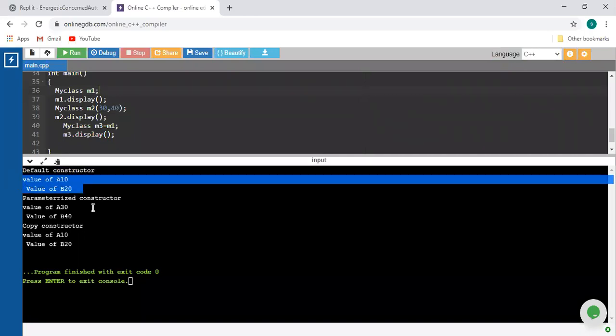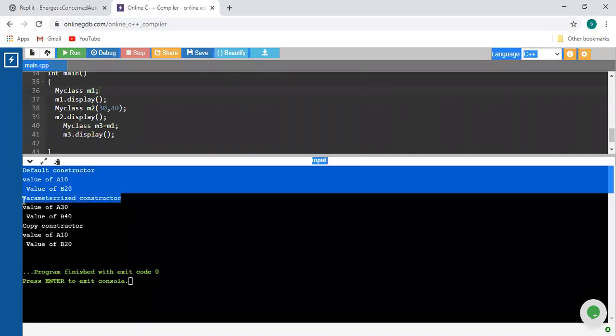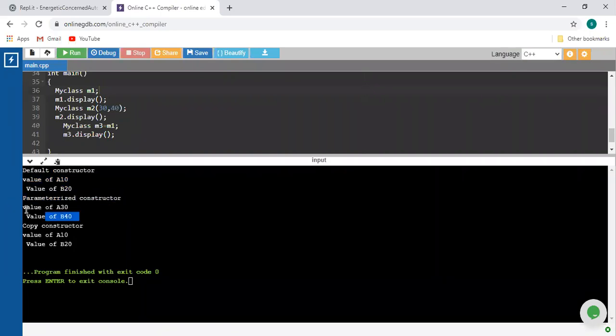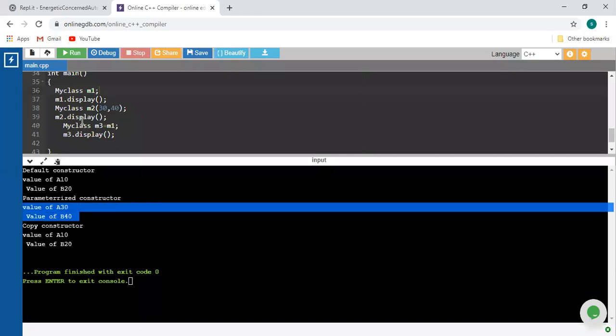Up to this, clear, everyone? Yes, sir. Next one, with respect to the second object m2: the m2 object is nothing but the parameterized constructor, and these two lines are from the display method with respect to m2 dot display. And now check, MyClass m3 is equal to m1, so this is your copy constructor.